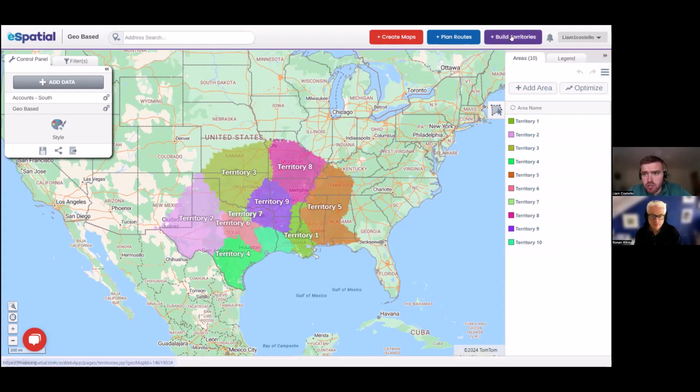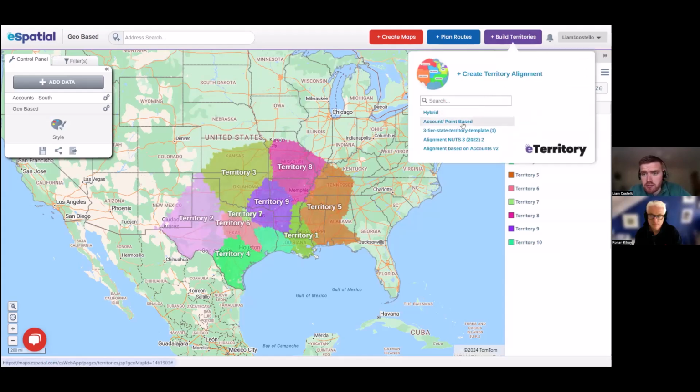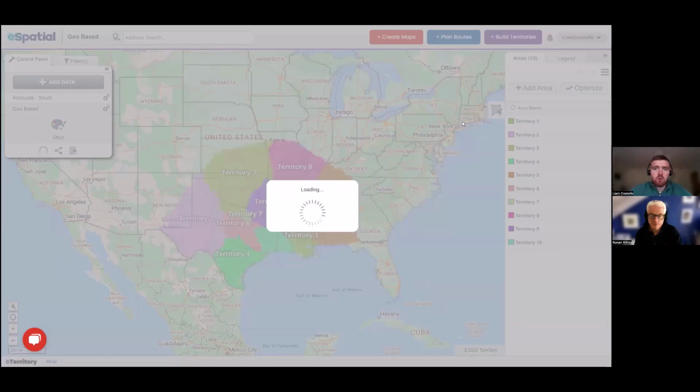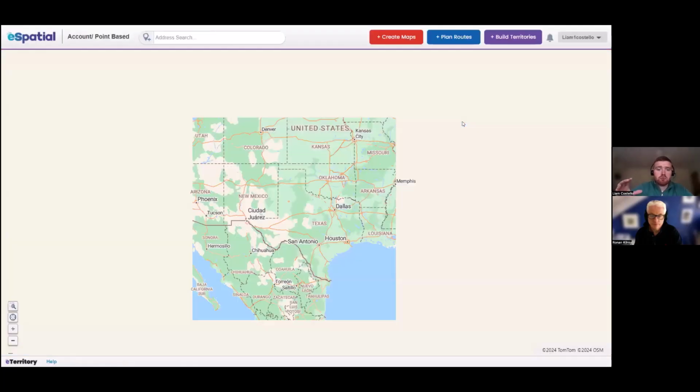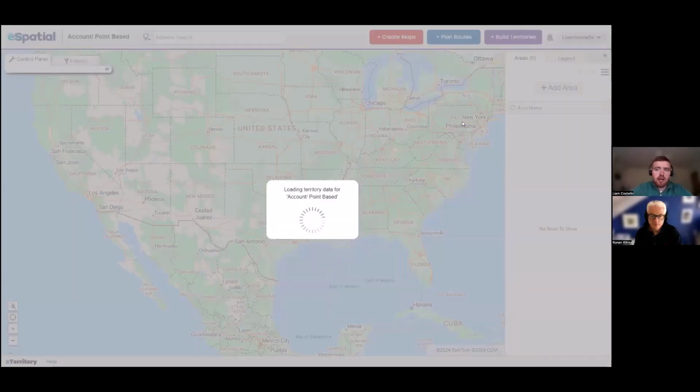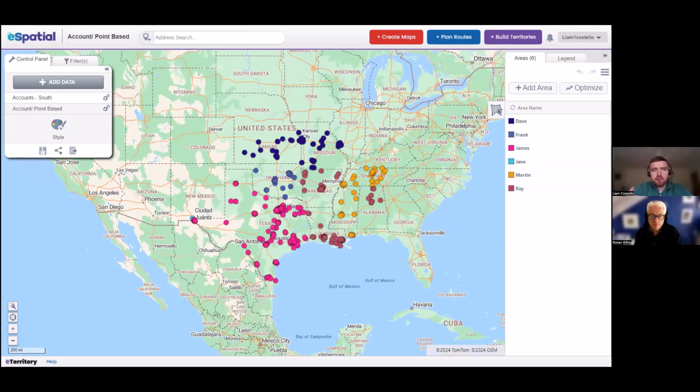I'll run through and show you the point based or account based approach, and maybe why some customers would prefer this approach. It differs in terms of how you're viewing it. Here, we're looking at customers as circular pinpoints, color coded based off which rep is assigned to them.